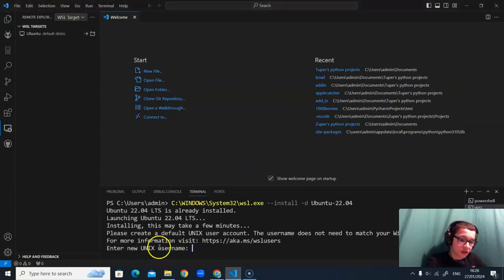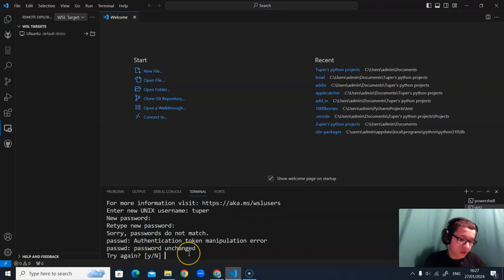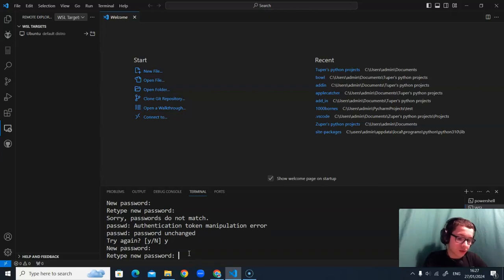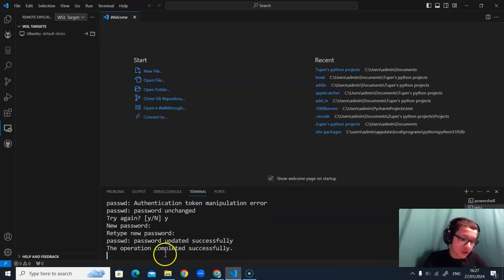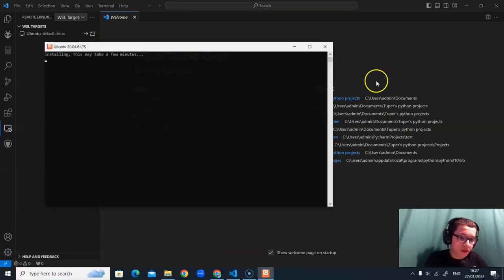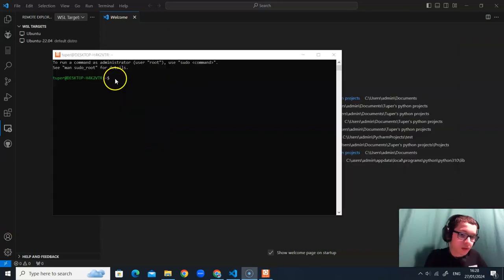When it has finished, it's going to ask you a username and a password. Retype password. Okay. Operation completed successfully. That's a good sign. And now when you click on your Windows, this should have been added here. And when that's done, you just need to do sudo